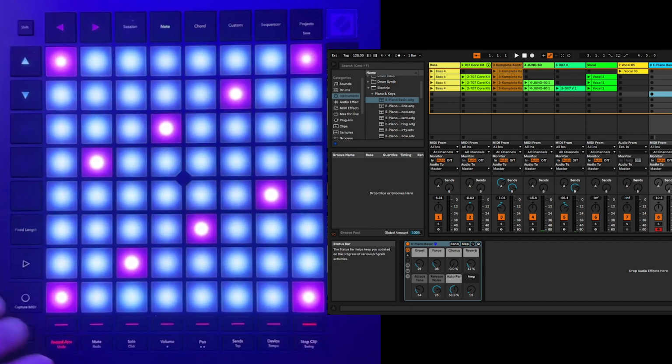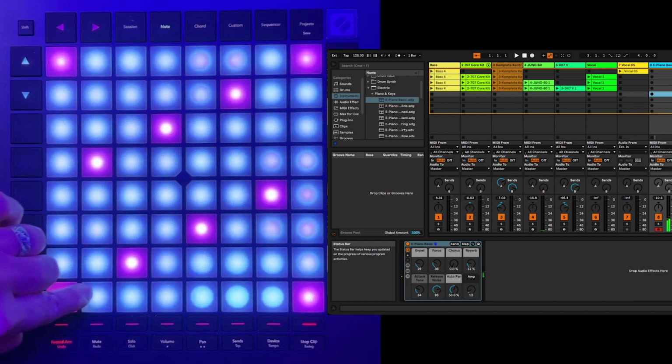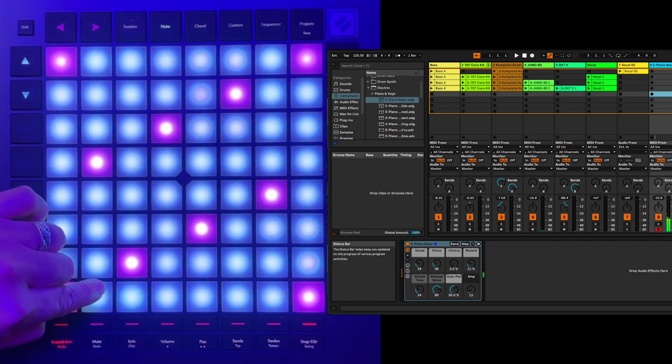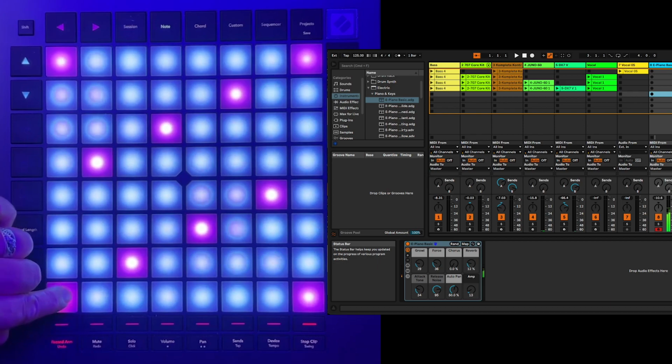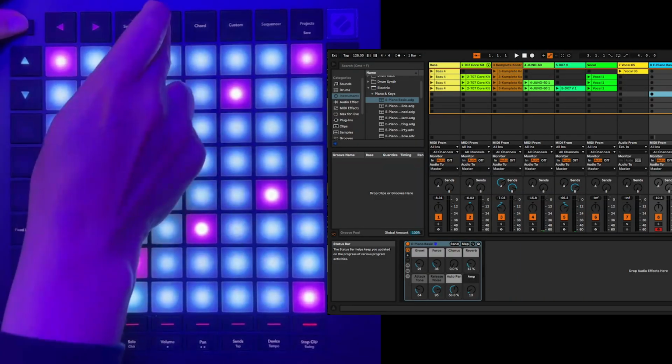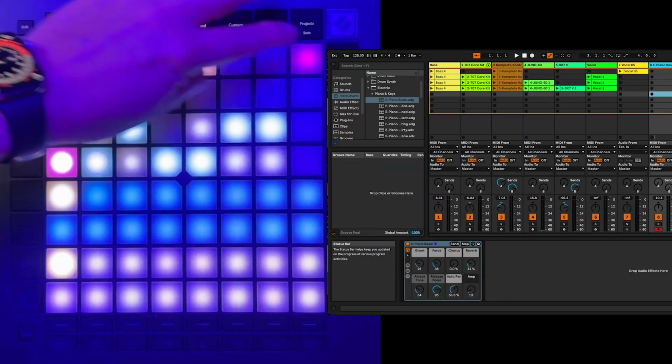When you use scale mode on Launchpad Pro, you won't be able to hit any wrong notes since the device will only display the notes in the scale that you have chosen. Blue pads represent notes in the key and the purple ones represent the root. If there is a blank pad, that indicates the note is not in the range of what you can play. This same concept applies to chromatic mode, and you can customize the layout in note mode by pressing and holding